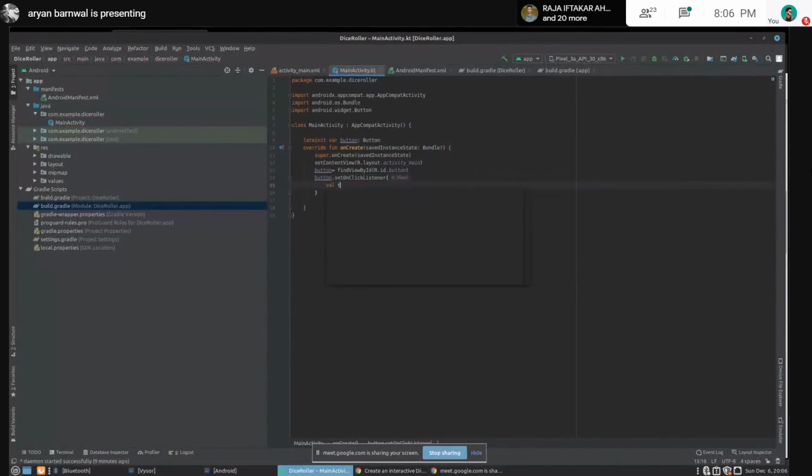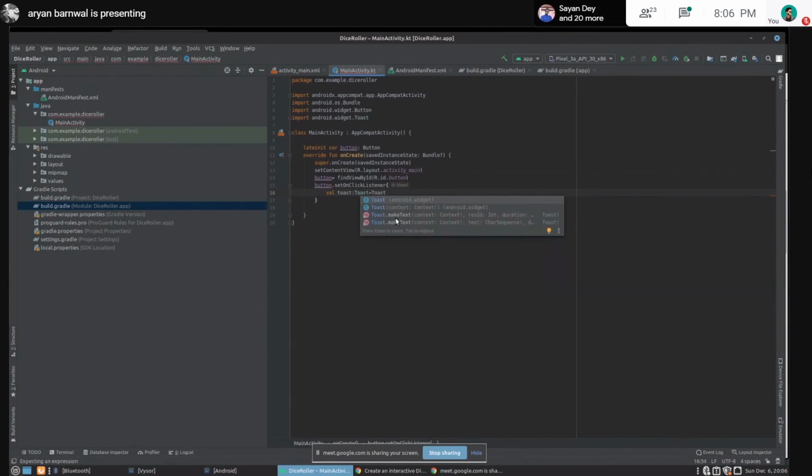So what is a toast? Toast is like a pop-up when you click a button or something. Wait, let me show you. Toast, which is of type Toast, is already imported in here. So how to create a toast? Toast dot makeText. We'll pass the context.